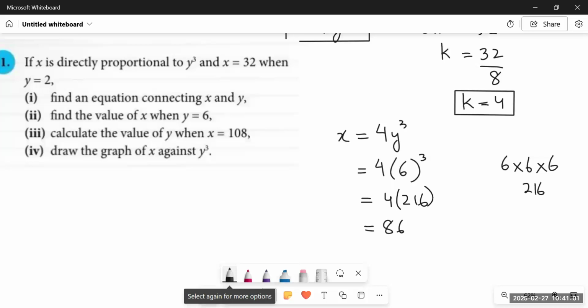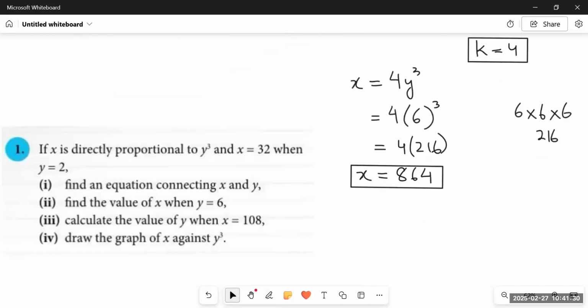It means there is a big difference between the values of x, since x is directly proportional to y cube and there is a constant 4 as well. So for the value of y as 6, the value of x would be 864. For the value of y as 2, the value of x would be 32. So there is a big difference between the two coordinates.